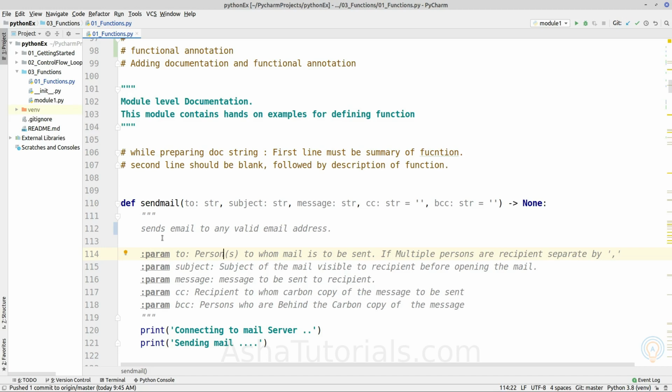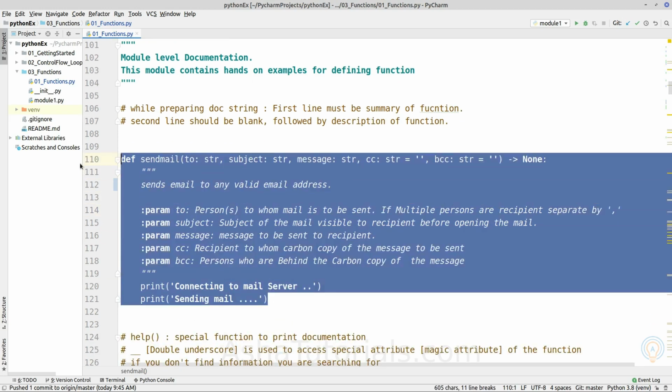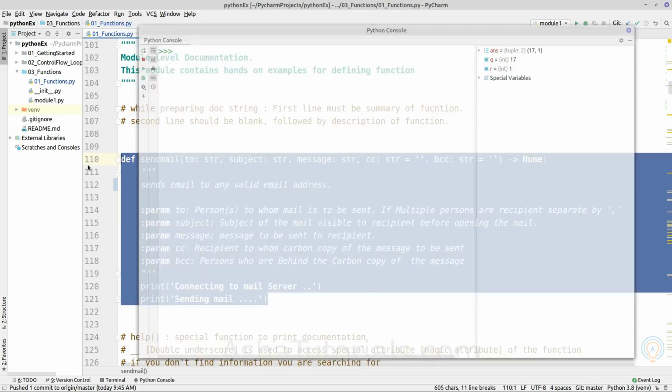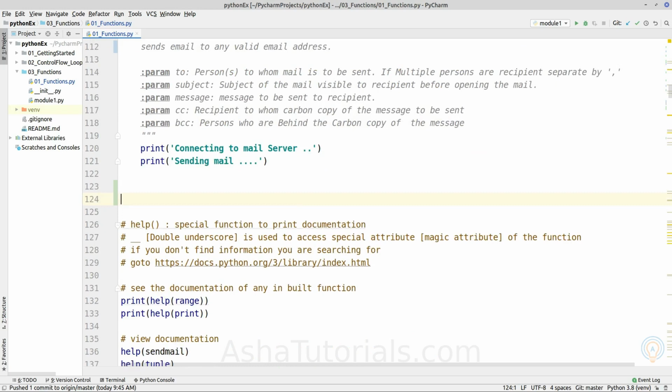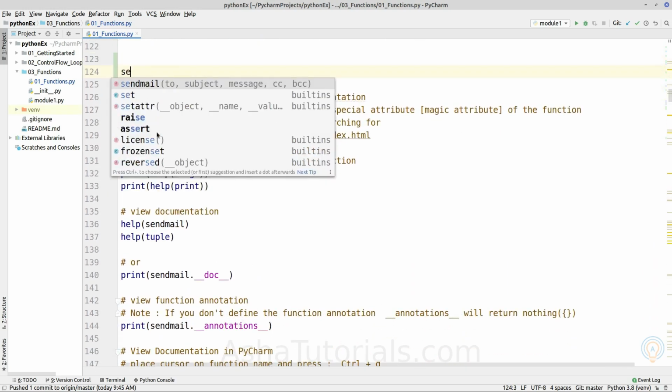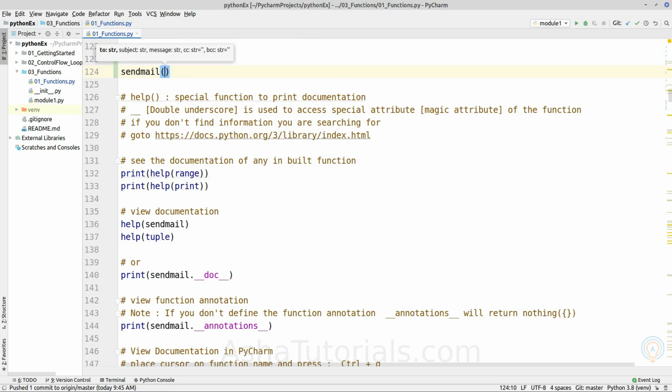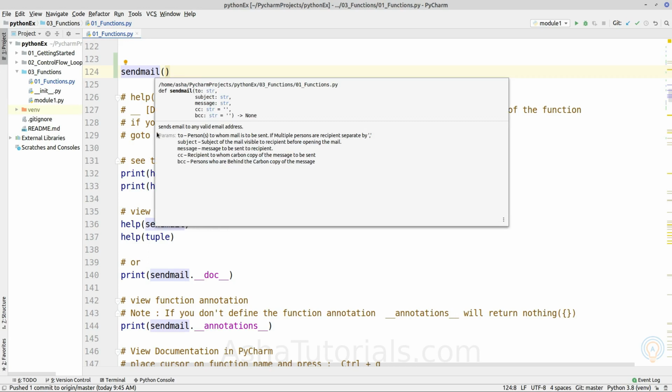So what is the use of it and how does it look? If we define it and press Ctrl plus Q on the function definition or wherever the function is called. Suppose here it is a separate module and we are calling it here, so it is not defined here, and we want to see the documentation, we just press Ctrl plus Q. As we can see here, it will fetch